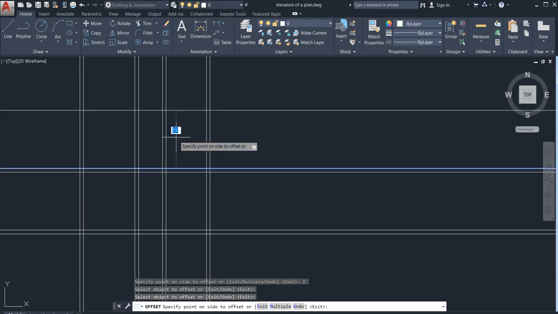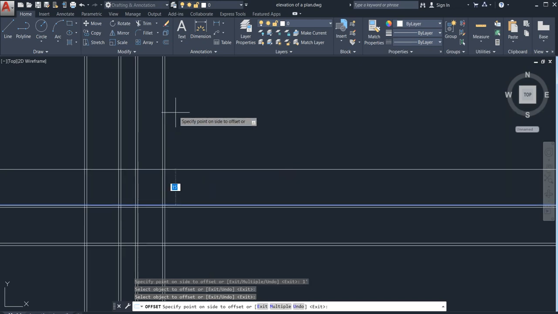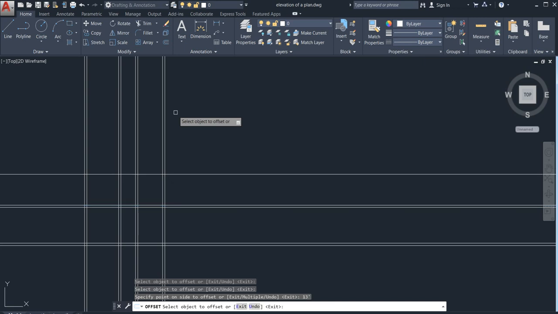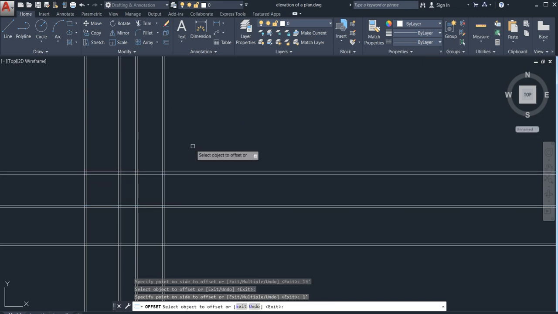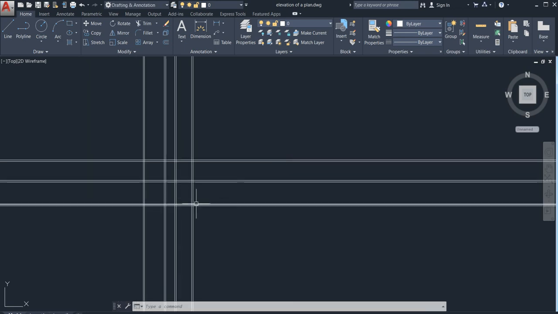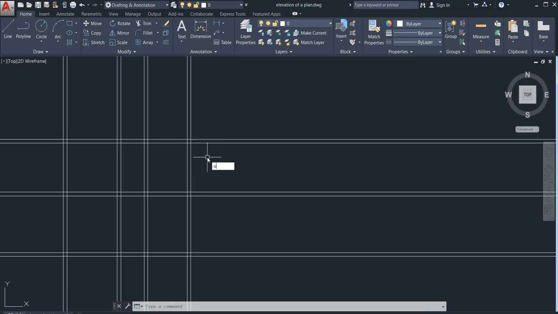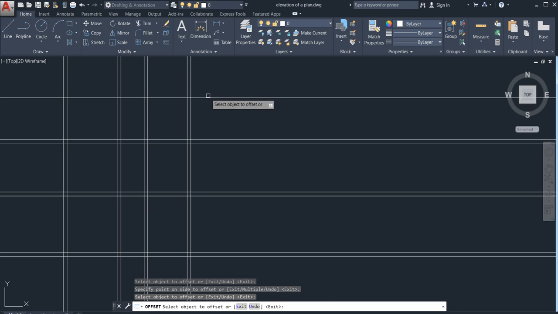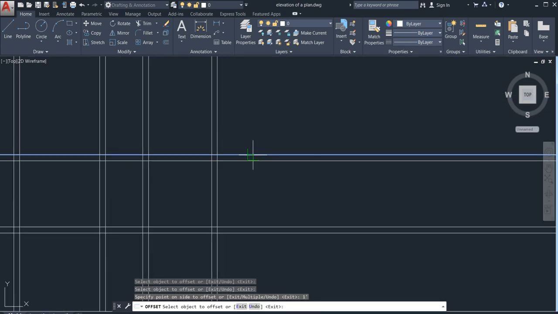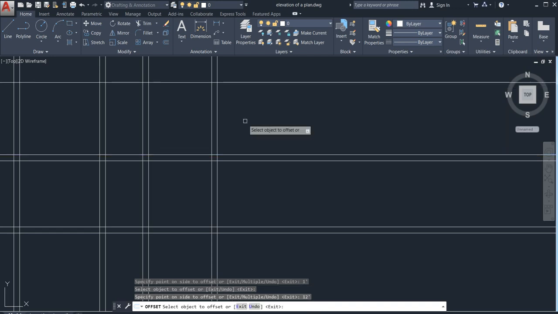After that, go with 13 feet, enter it. Go with the 1 feet of its column. Again go for offset command of 11 feet towards upward, 1 feet, and after that 12 feet, then 1 feet towards upward.